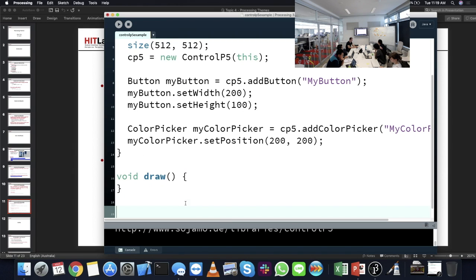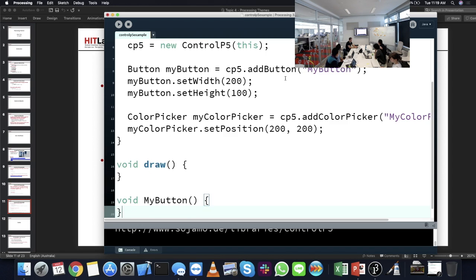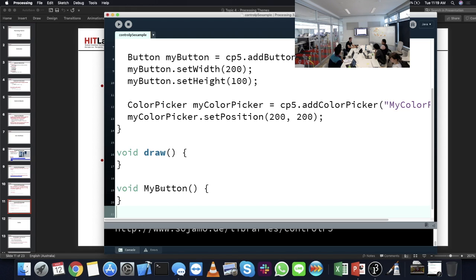For example, if I say Control P5.add button, whenever that button is interacted with, Control P5 will try and call a function in my code with the same name that I've given it. So if I say Control P5.add button my button, and then create a function called my button,